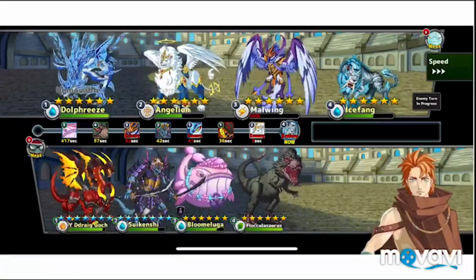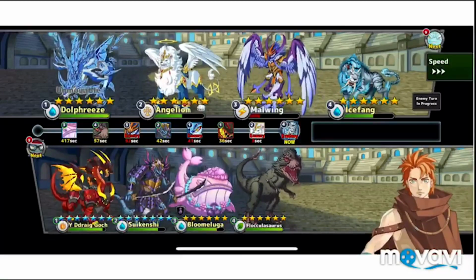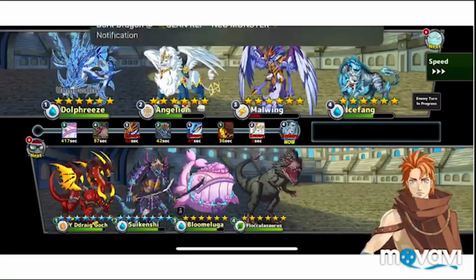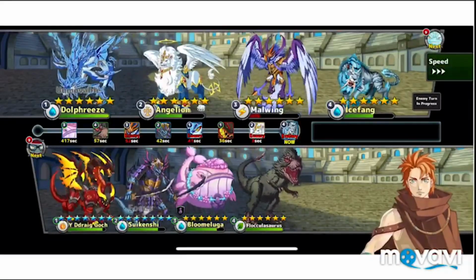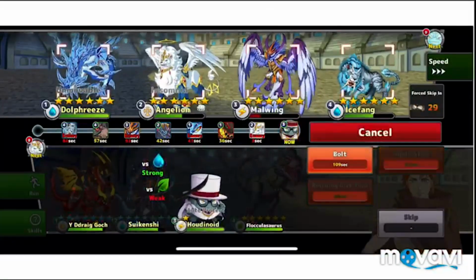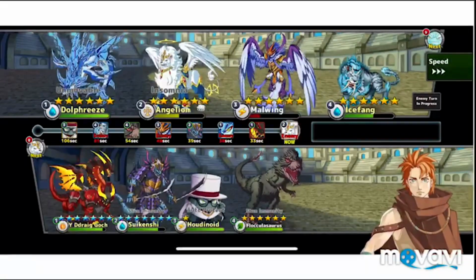Ice Fang here, the problem is that Houdinoid is next in line, and as soon as Houdinoid enters, it's going to give turn to the Blue Maluga. I think what she wants to do is raw repulse either Italegog, I can't pronounce that correctly, or Suikenshi, but she's basically forced to do the time strike on Blue Maluga, so it does that after a